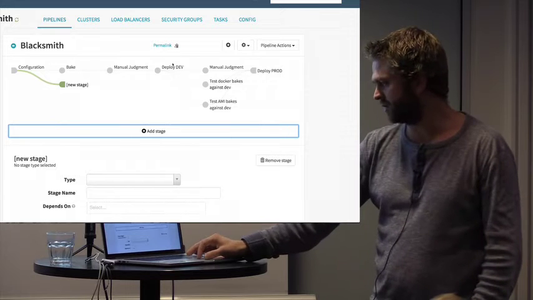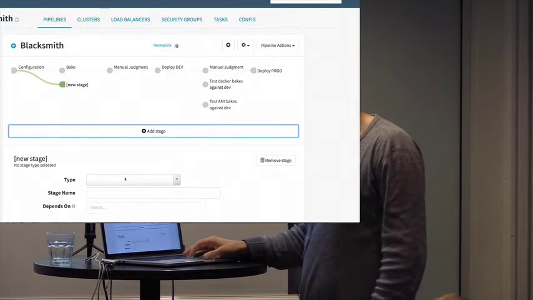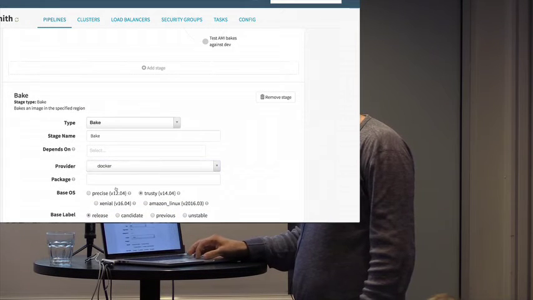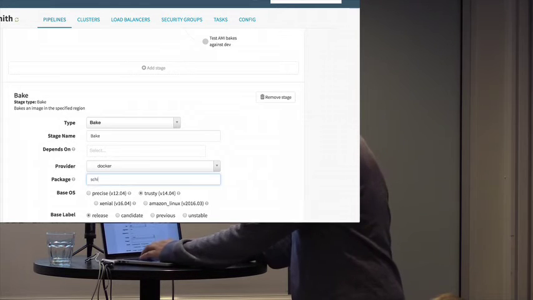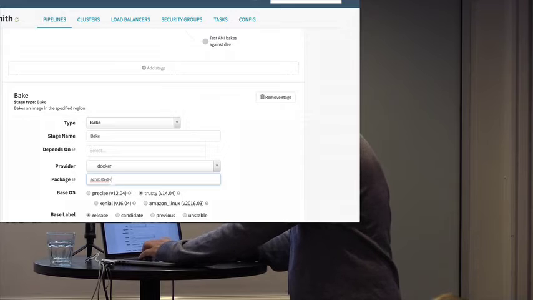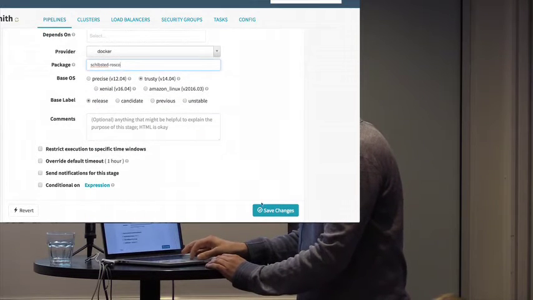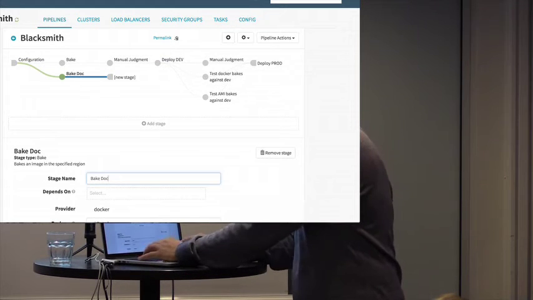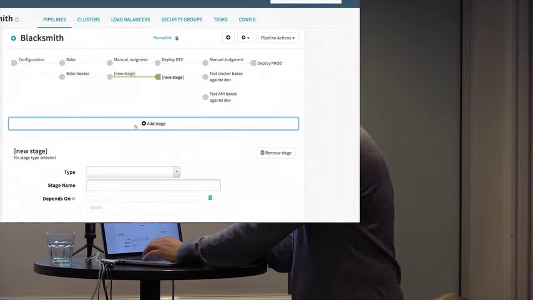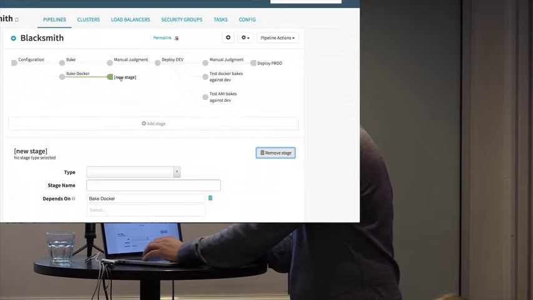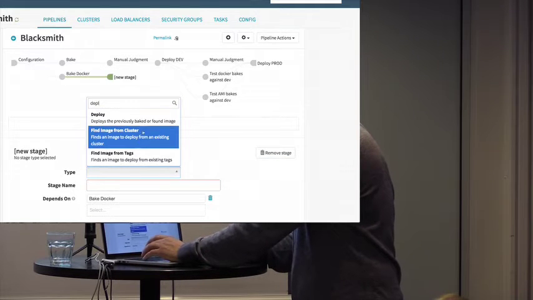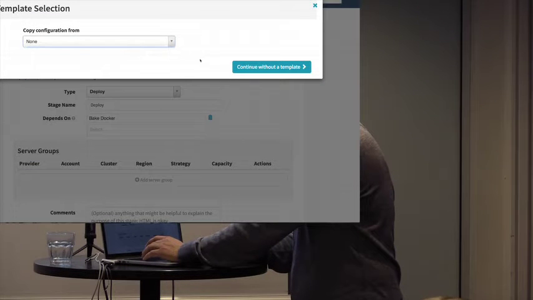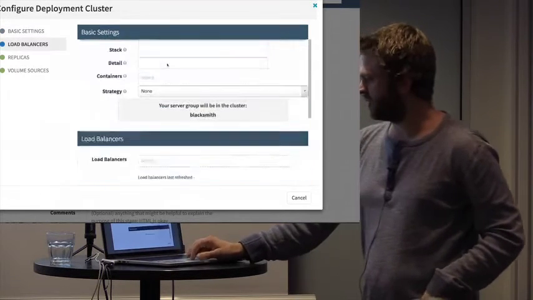If I wanted to start deploying this to Kubernetes, for instance, I could just create a new bake, select Docker, say it's trusty, add the stage. I would maybe name this Docker. Now this stage is a deployment. Add server group, Kubernetes. Now I don't have a server group from before, but then I